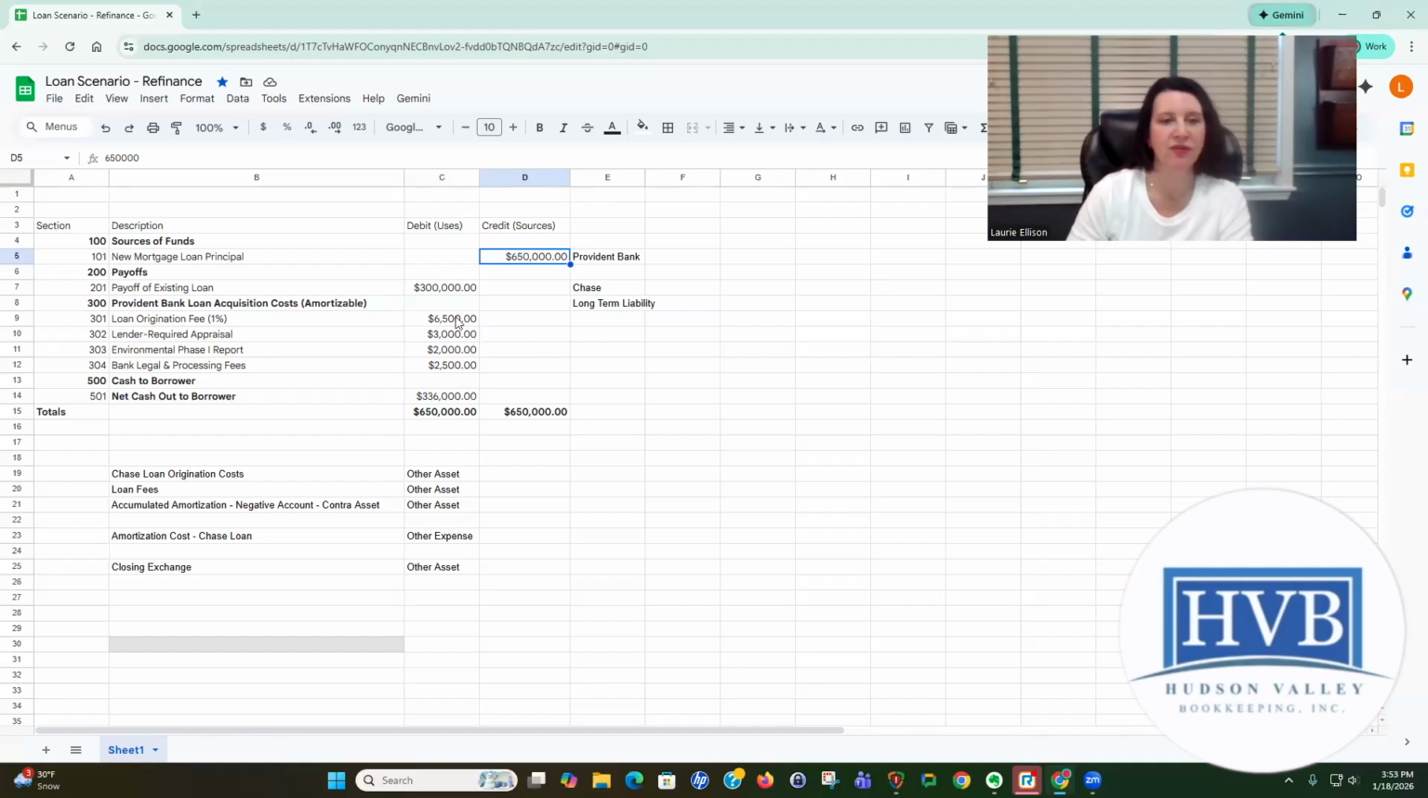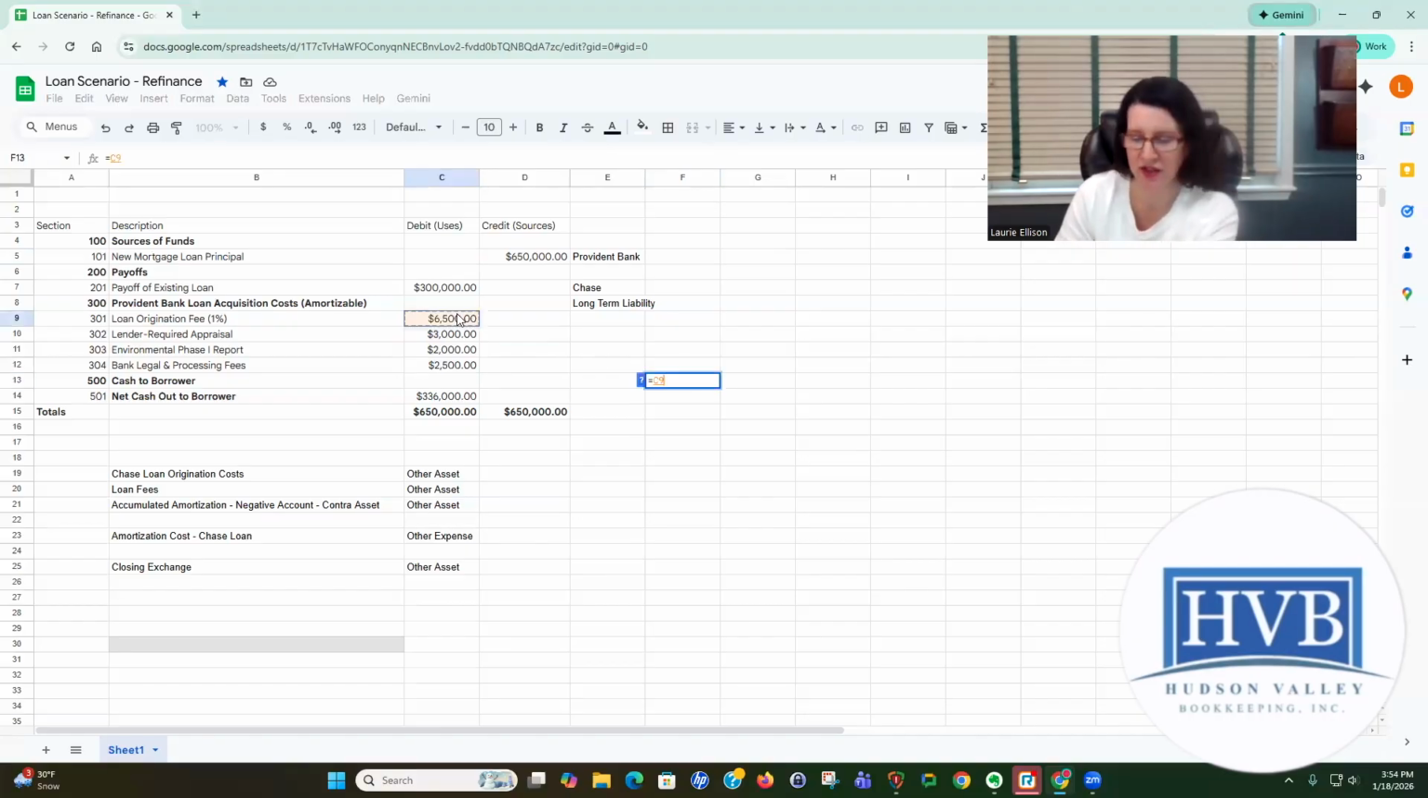So in this case, we have loan origination fees, lender fee, appraisal, that's normal, environmental fees, and then some processing fees. So all of these fees right here, I think it was about $14,000. That is going to be amortized. It doesn't go into your